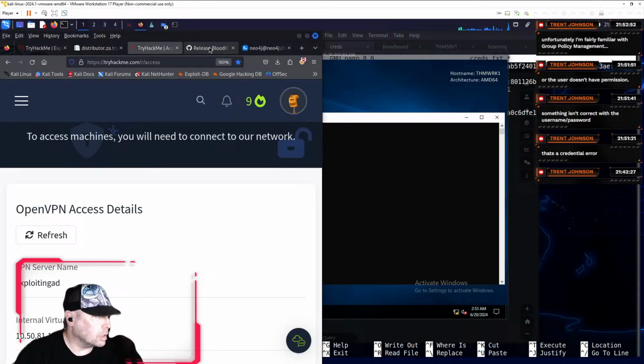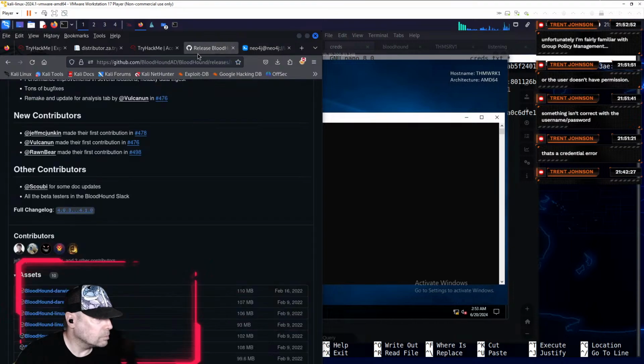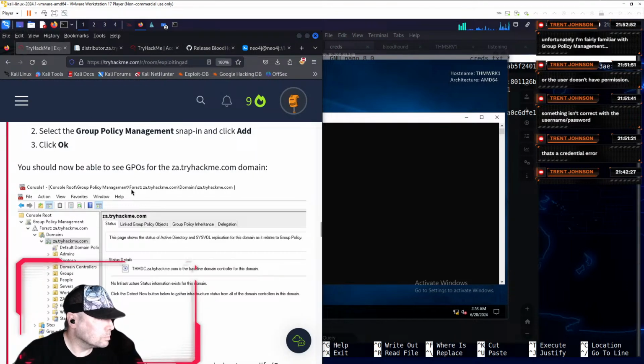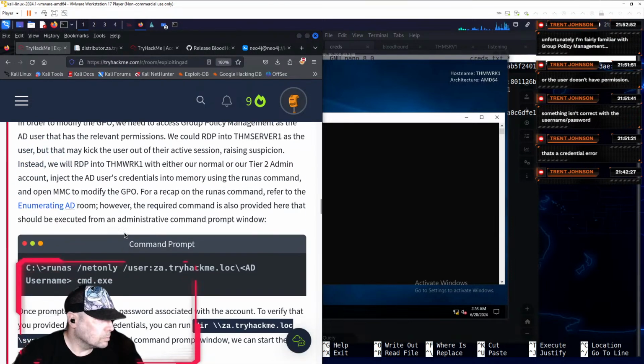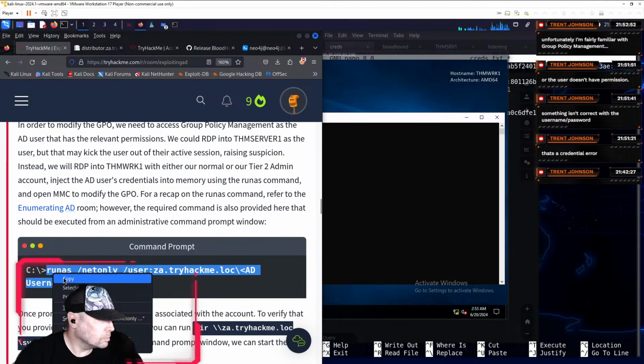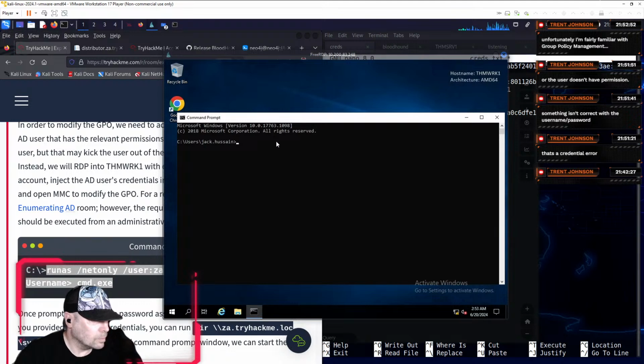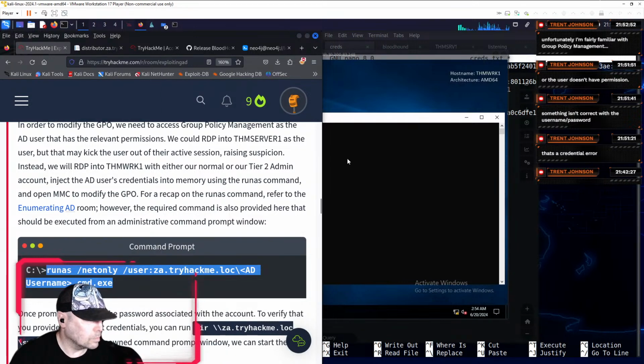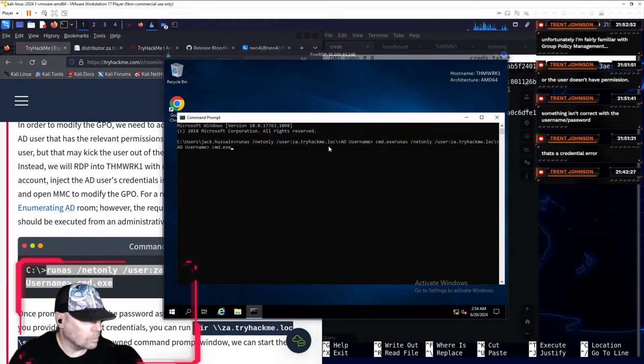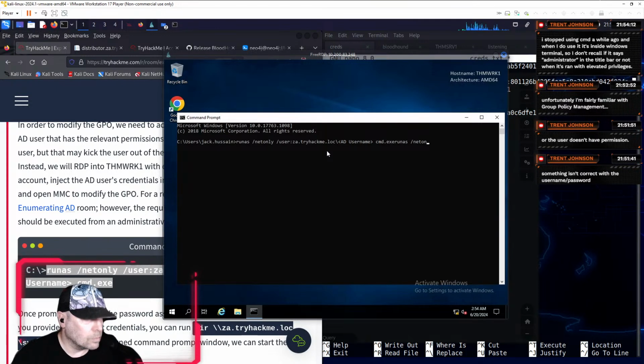Let's try the runas command again. I stopped using CMD a while ago, and when I do use it, it's inside Windows Terminal, so I don't recall if it says administrator in the title bar or not when it's run with elevated privileges.